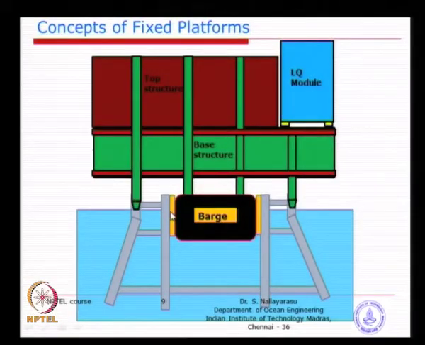We have fitted rubber fenders in order to take the impact forces arising from the movement of the barge, which could damage the structure. Once the gap between the barge and the structure is minimized, the movement can be reduced substantially. Normally we have less than 100 mm gap, so that it does not roll. If the gap is too much, what will happen? It will actually start rolling, which may create an even bigger problem.